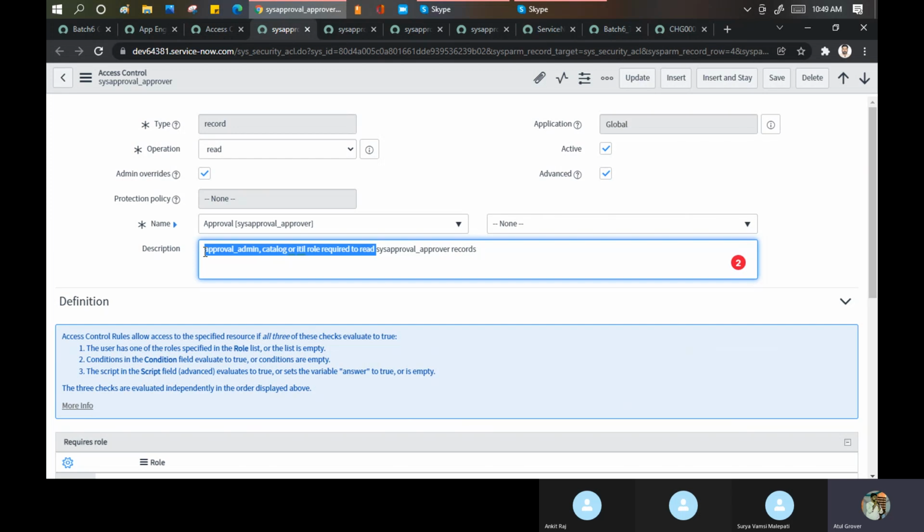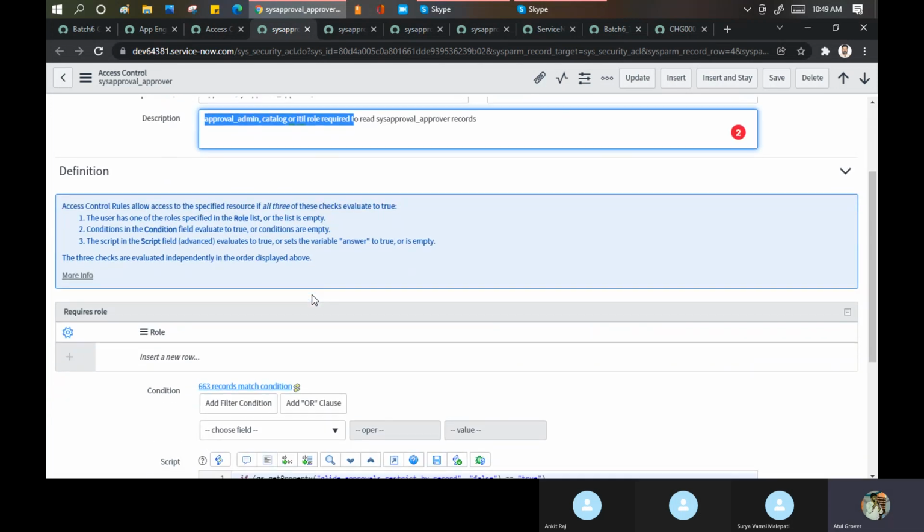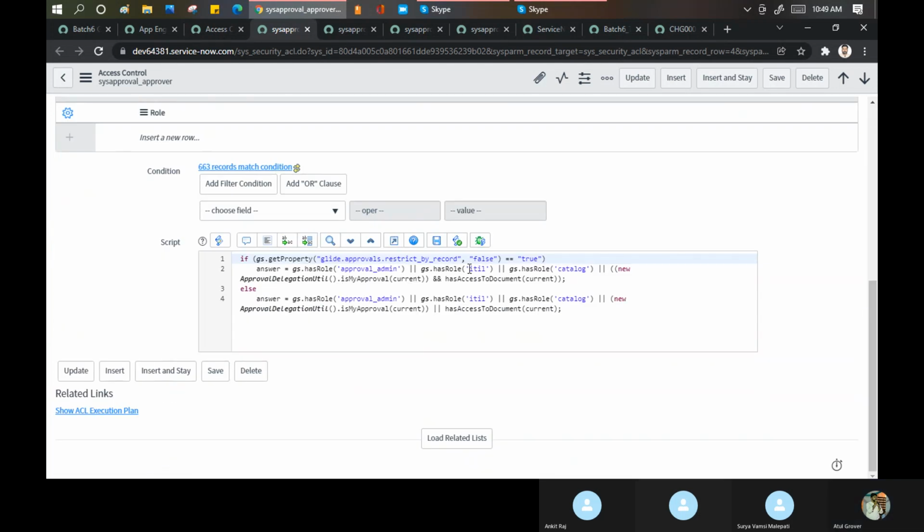Let's take an example. If you want to approve the change as an ITIL user, on anyone's behalf, you cannot approve because you just have these rules, and they put these rules in here only. gs.hasRole approval_admin or gs.hasRole ITIL or gs.hasRole catalog. Then they cannot approve it. If I go here and see,